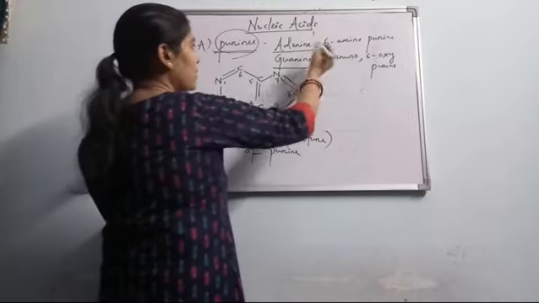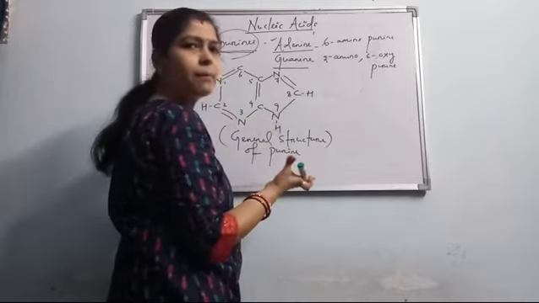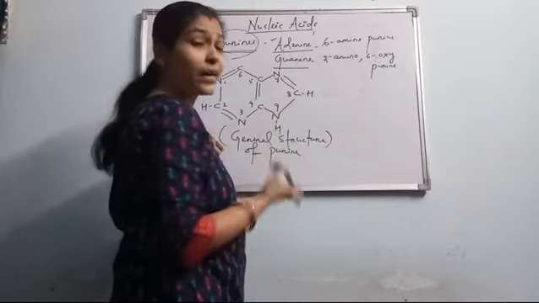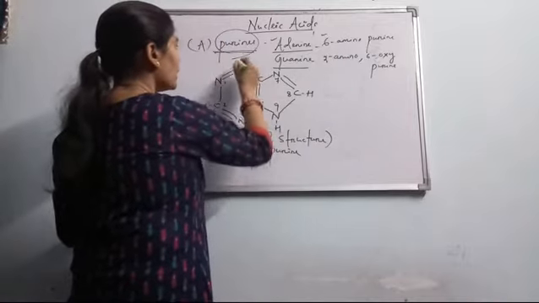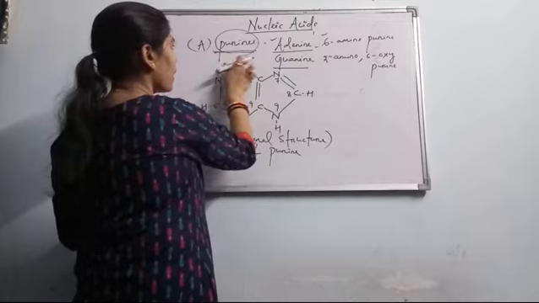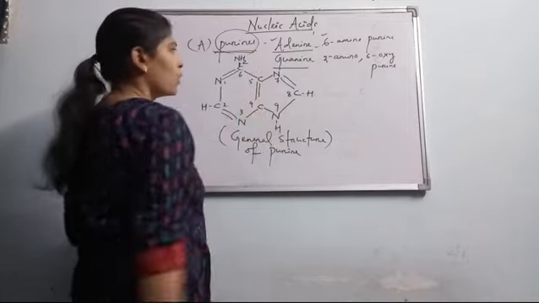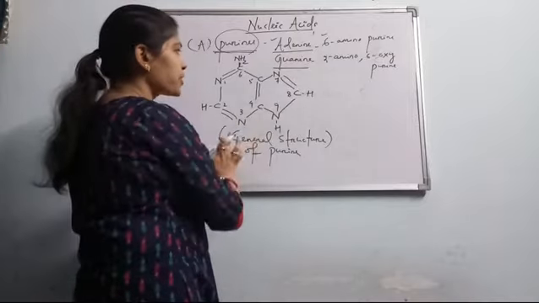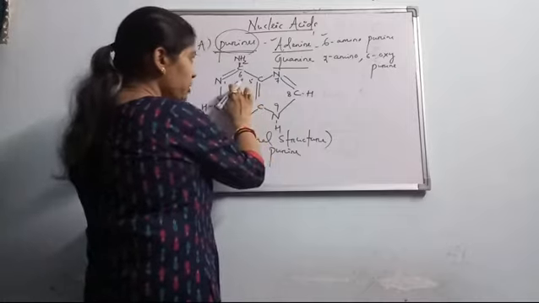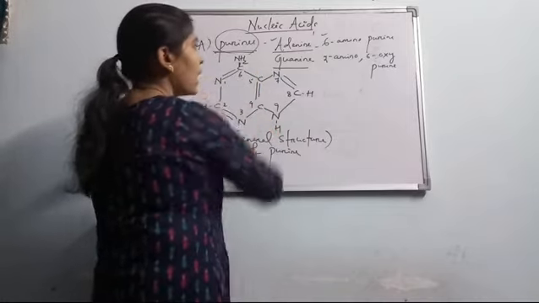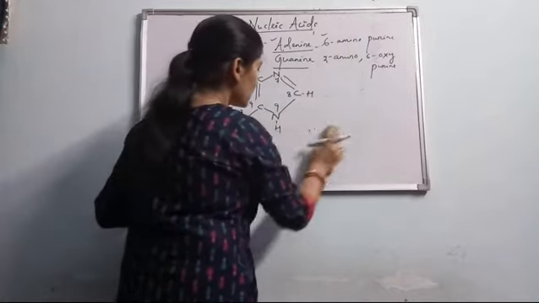So let's start with the adenine structure. We have to make this one the adenine structure. It's very easy and very simple. Students think that it's quite complicated, but it's very easy. See, 6-amino purine means here instead of H, it needs 1 NH2. Now this whole structure is stabilized. All the valencies we have checked. Only in the 6th position, instead of H, it contains the amino group, that is NH2. So it is 6-amino purine, meaning now this structure changes into adenine.